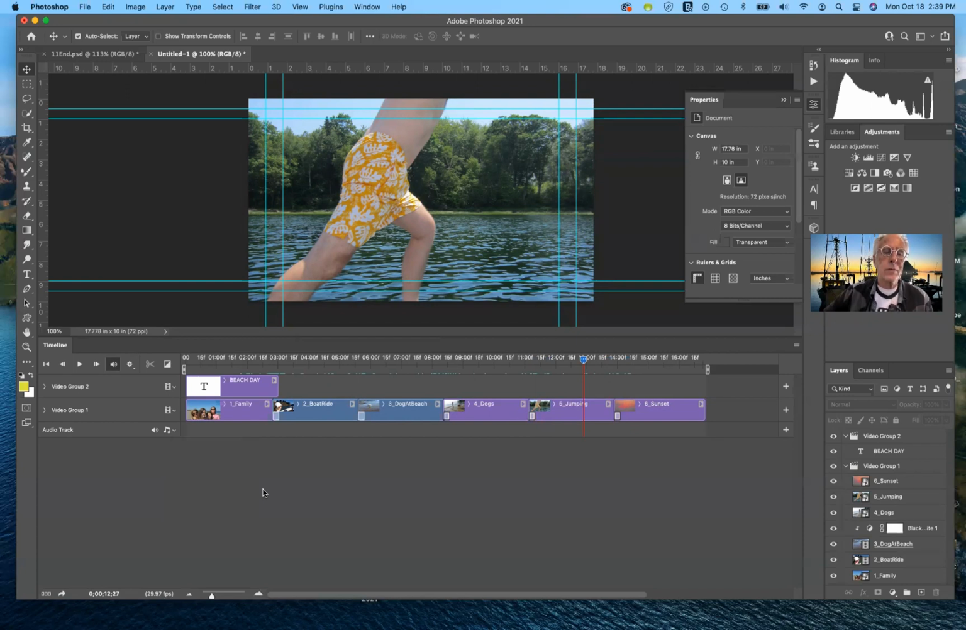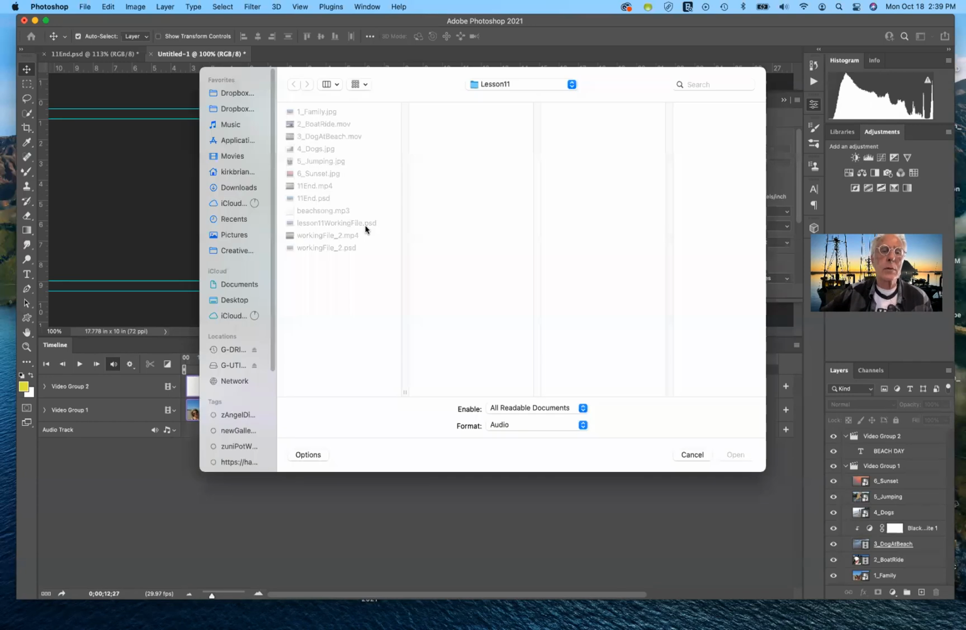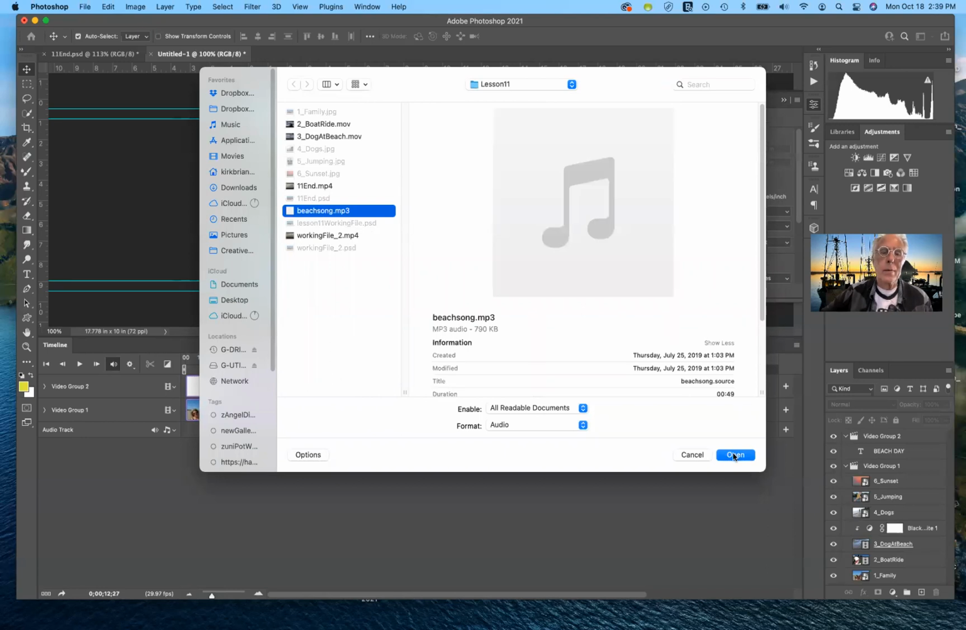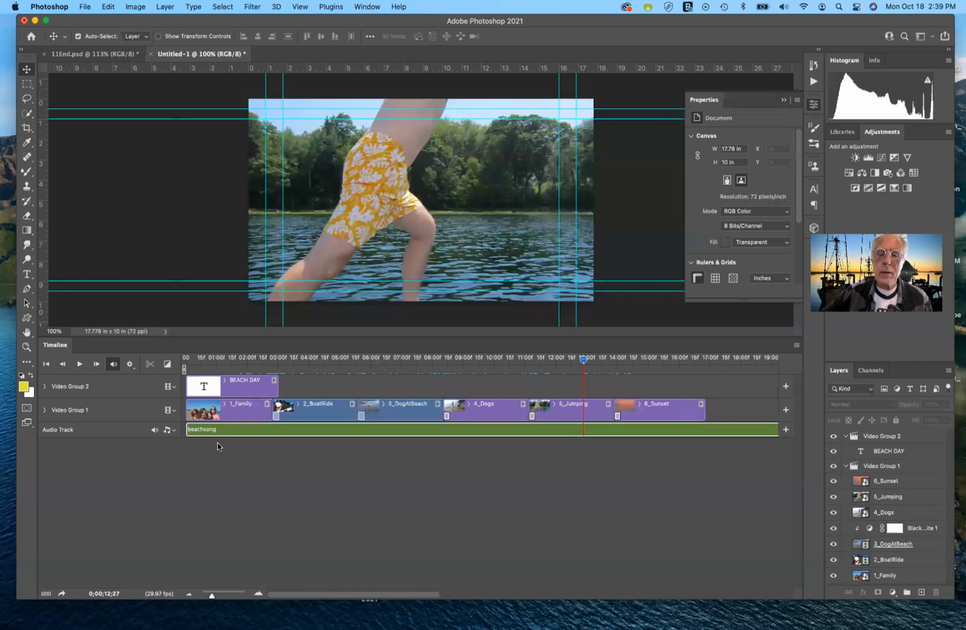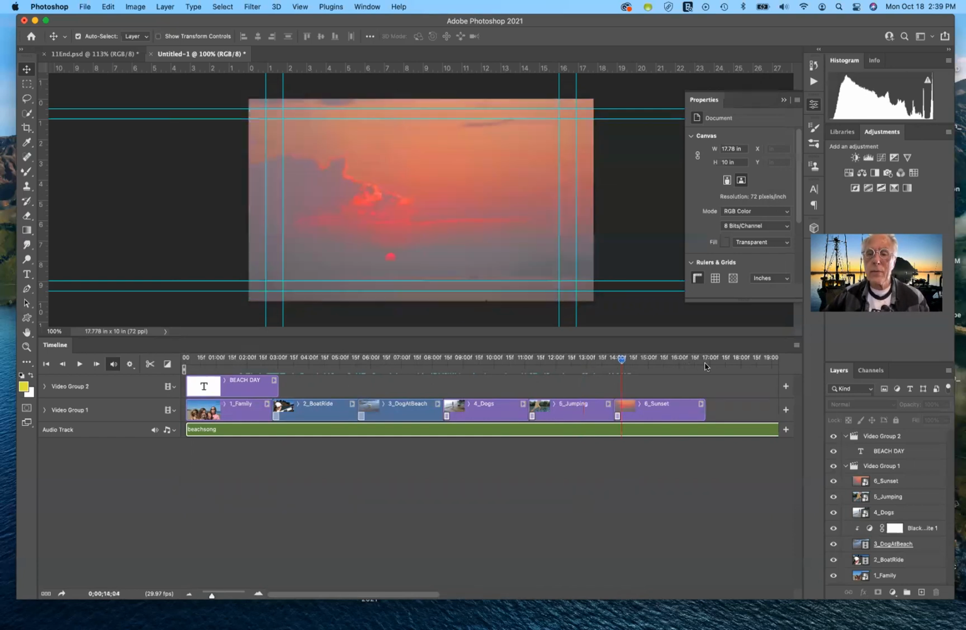And if we go back to the folder that they provided for us, you'll see that we have an MP3 file. This is the one that they want us to bring in here. I'm going to go ahead and click on that. And notice that the clip of the sound extends way beyond the length of our video. So what we need to do is cut it off right at the very end of our